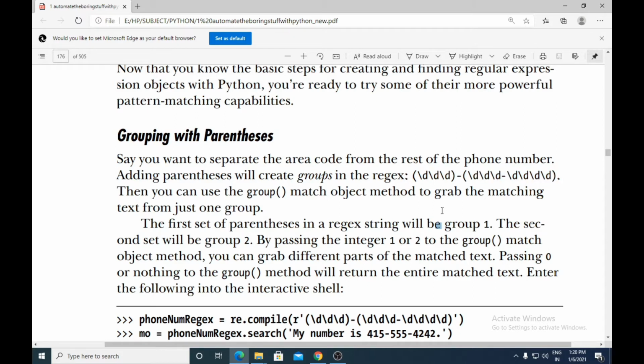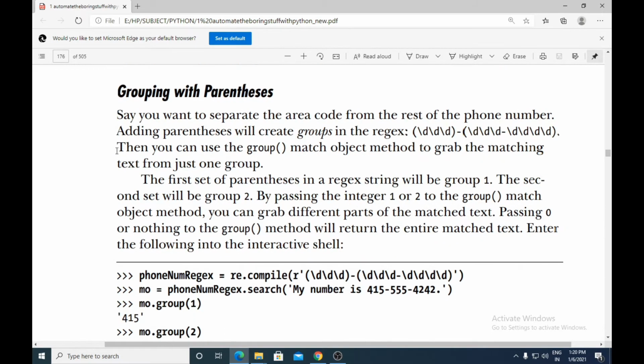Using this, now we can match the groups. We can get the area code separately and the rest of the phone number separately if we put them in parentheses. Then you can use the group match object method to grab the matching text from just one group.